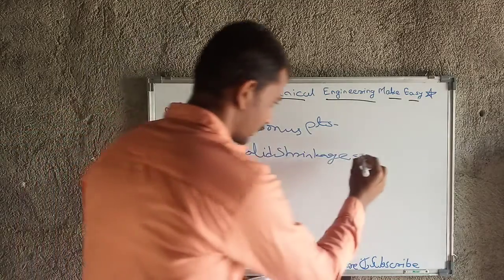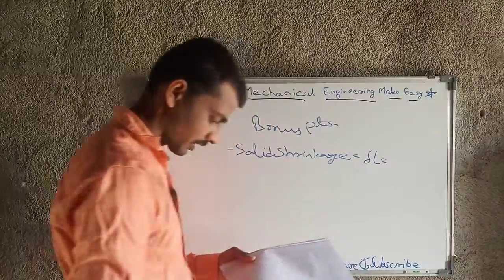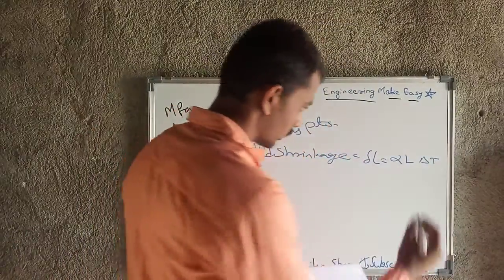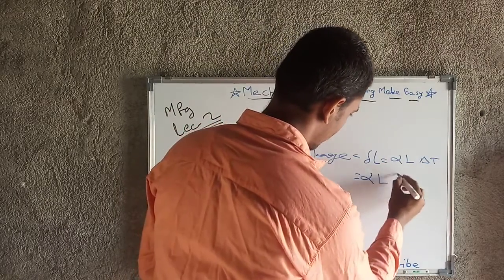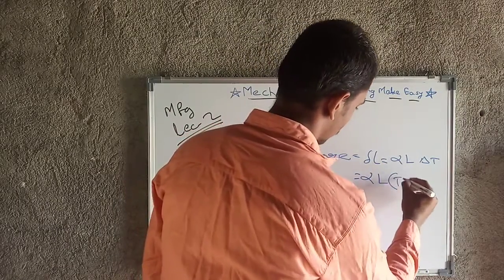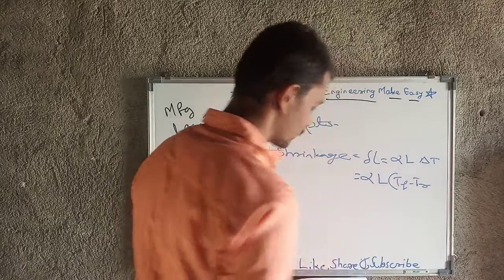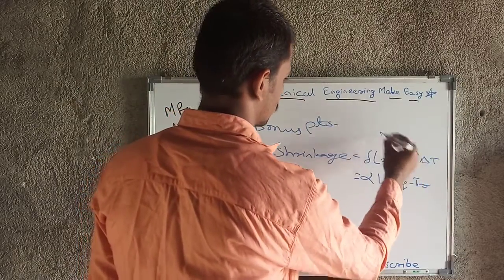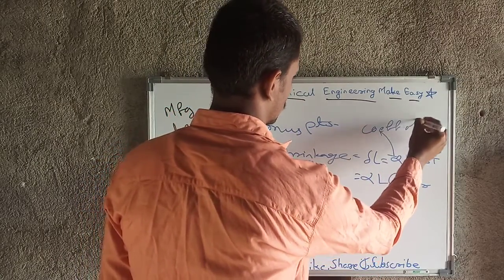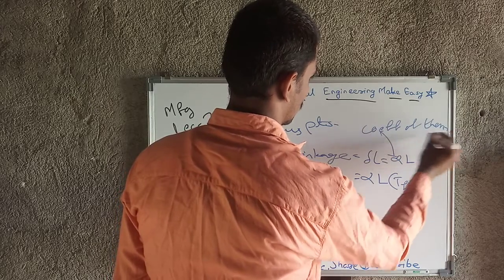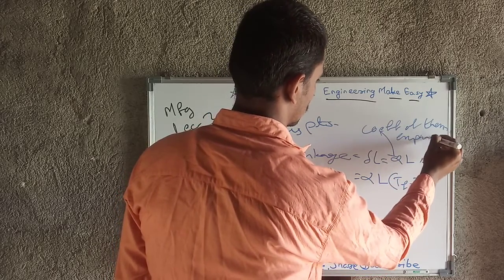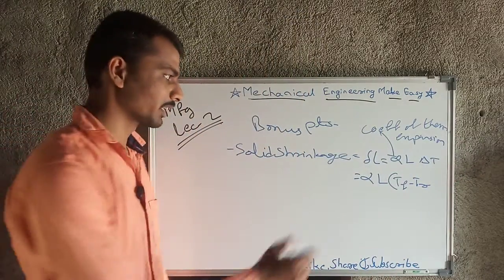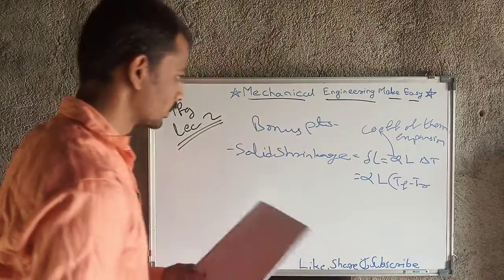Solid shrinkage is denoted by delta L, which is equal to alpha L delta T, which we can write as alpha L (Tf minus Tr). What are these values? Alpha is nothing but the coefficient of thermal expansion. We are going to study this in heat transfer, that is what alpha is. It is the coefficient of